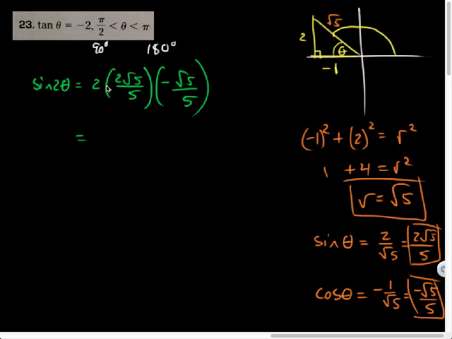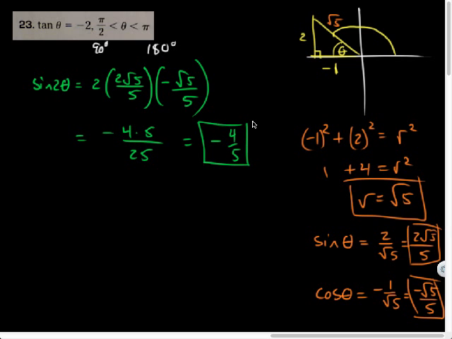So let's see, multiply across the top. First of all, it's negative. 2 times 2 is 4. Rad 5 times rad 5 is 5. All over 5 times 5 is 25. Or actually, I could just view that the 5's cancel out at some point. So I believe my answer is negative 4/5,